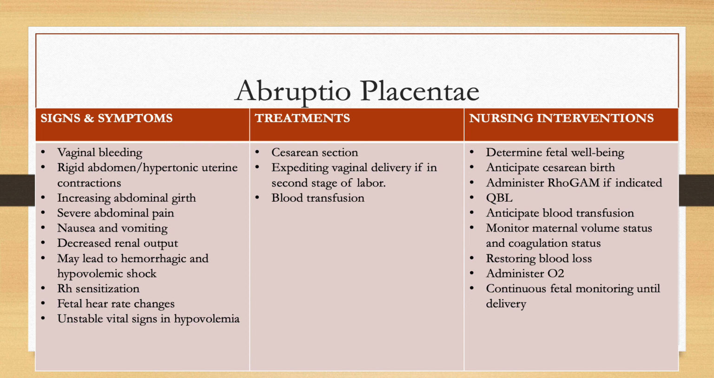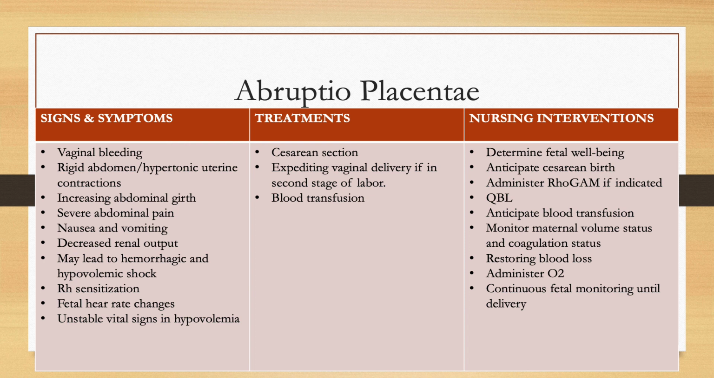Remember, when we're hemorrhaging, this is something that can happen. All of this bleeding can lead to hemorrhagic and hypovolemic shock, Rh sensitization, and fetal heart rate changes. That's a huge one. If somebody is abrupting, you're definitely going to see it on the monitor. Okay, you're going to have a deceleration that